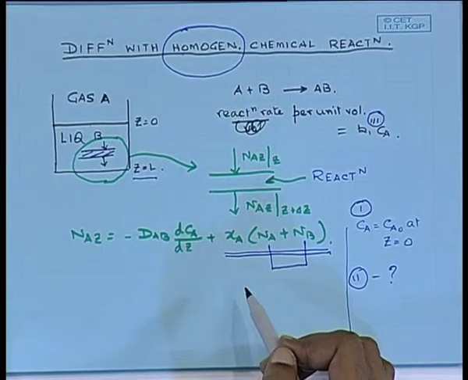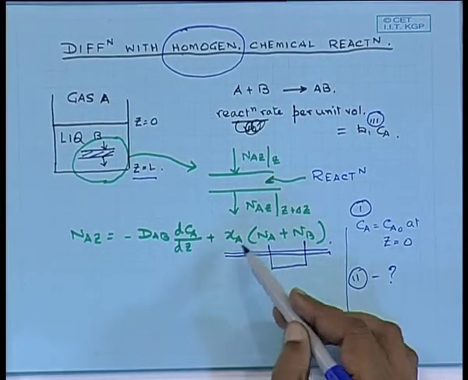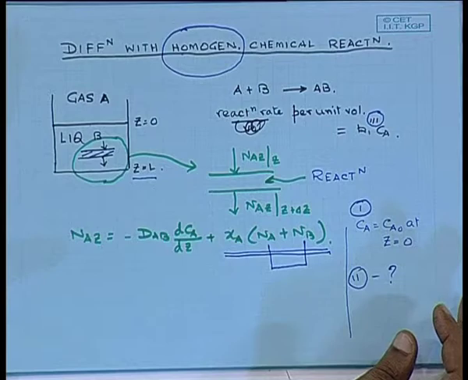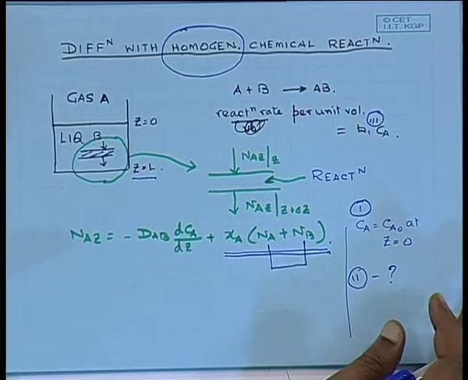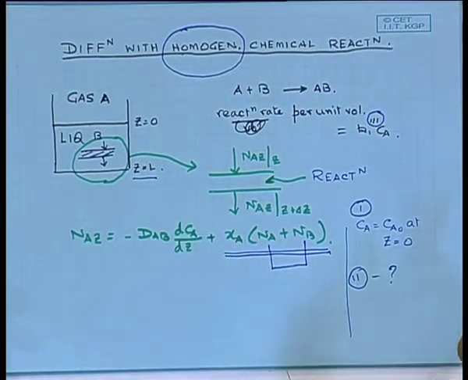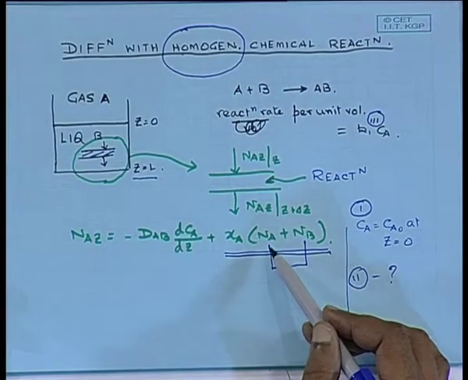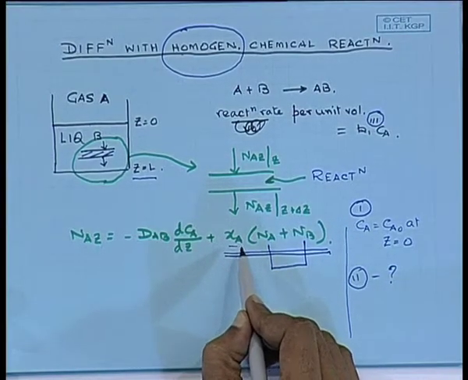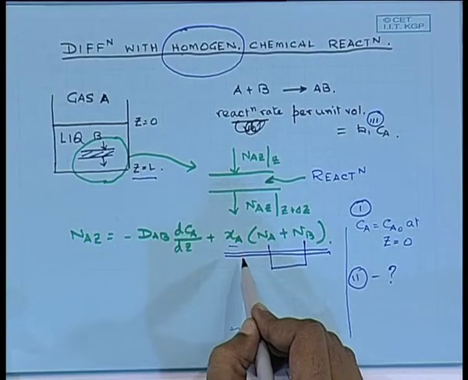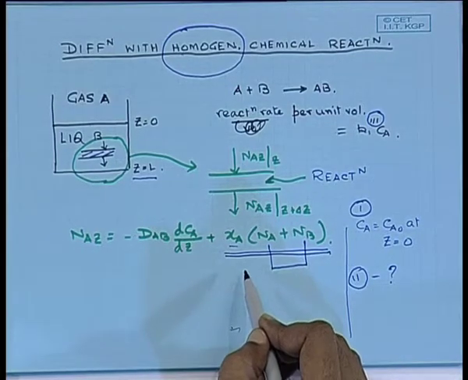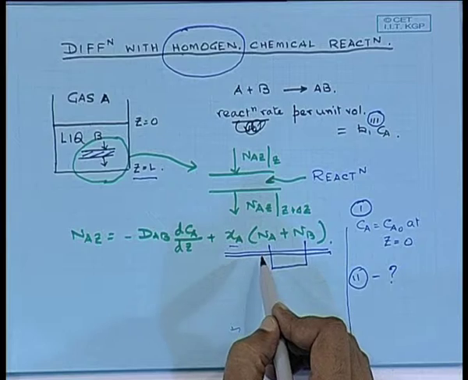Now, there are several situations which would enable us to neglect this term. It could be a diffusion only process. If it is mentioned that it is a diffusion only process, then obviously this term will not be present in the equation for NA. On the other hand, several other possibilities exist. For example, this XA could be very small, that means it is a very dilute solution, and if it is a very dilute solution, then you can imagine why the diffusive flow of A through B is not going to